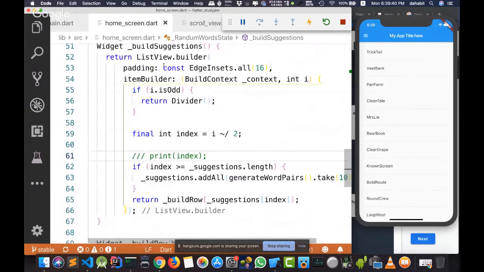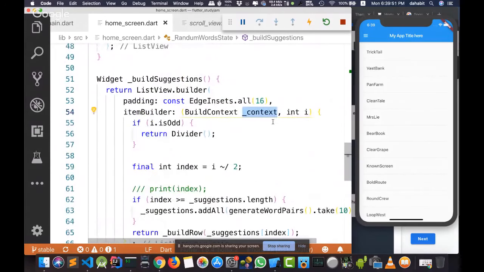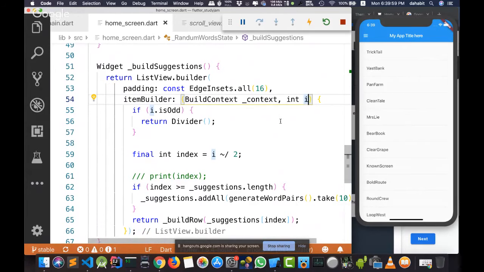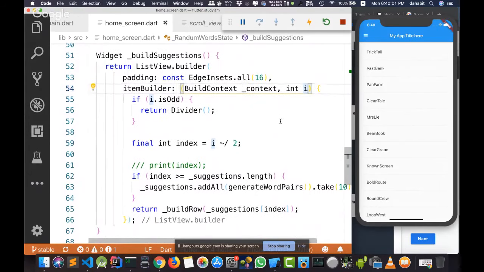And now I'm using list builder, and this item builder property takes a context, which explains to Flutter which page I am using, where I am, and what data I am holding, and takes an index, which I can define as an integer value, index or i, anything I want, no problem.